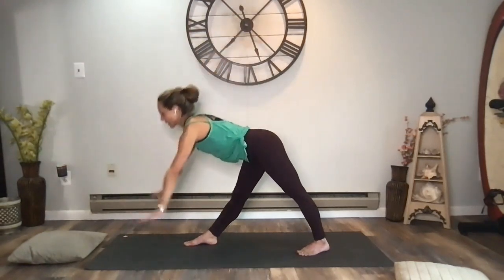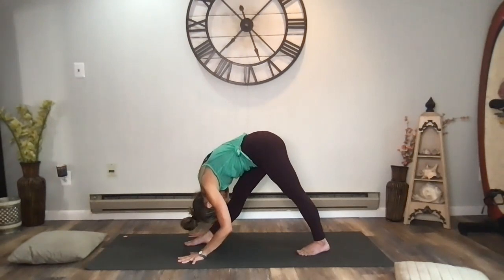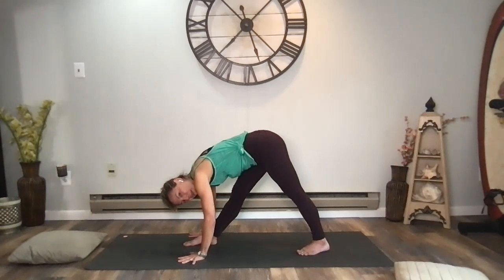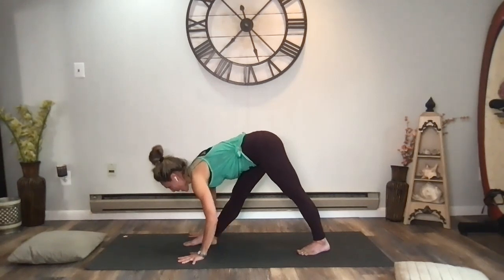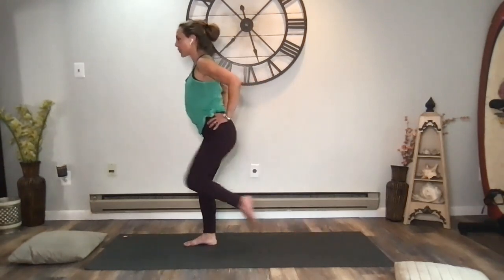Exhale, fold forward, take your hands to the floor, fold over your right leg. Now here, our legs are still really active. Press down through your left heel and the ball of your right foot. Draw your thighs in toward each other. Lift your head, bring your hands to your hips, stand all the way up, step your left foot forward, step